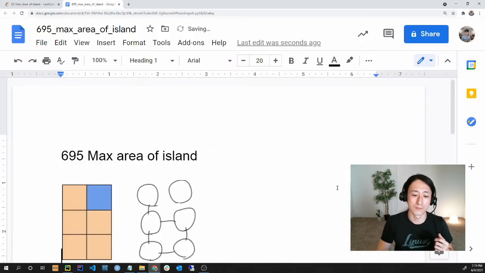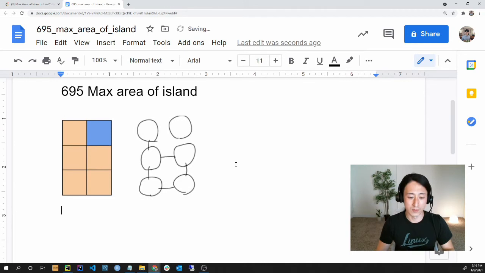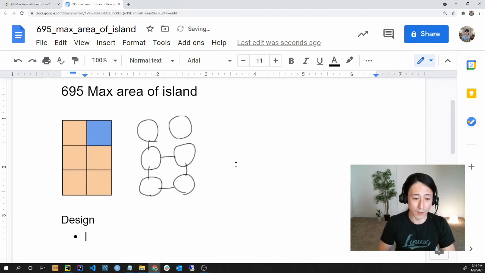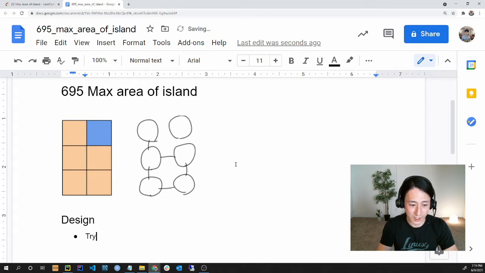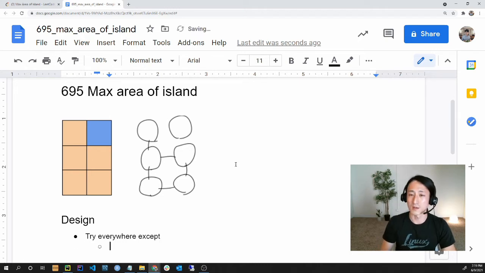Okay, so we just looked at that one component of the island, but as we said, we can try everywhere with this logic. But we have some kind of exception where we cannot do this. So except, for example, if we go outside of the map, out of bound. This could happen if we're traveling